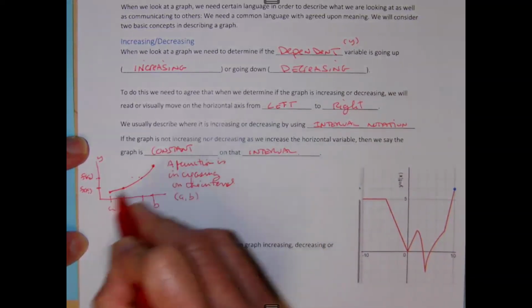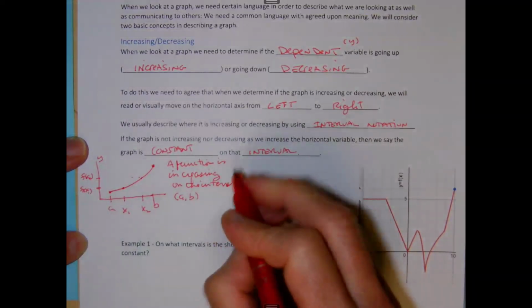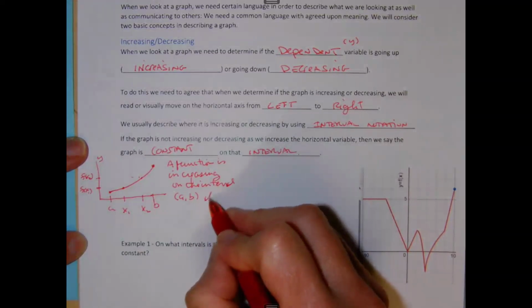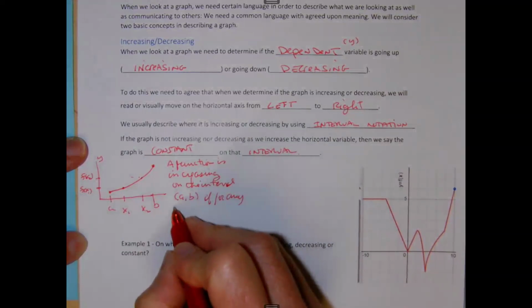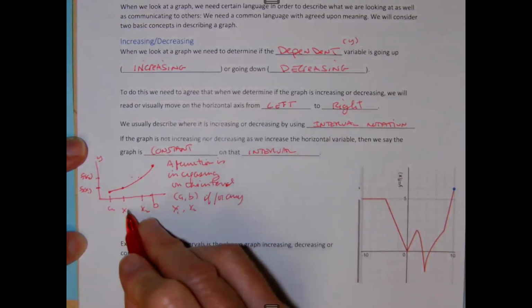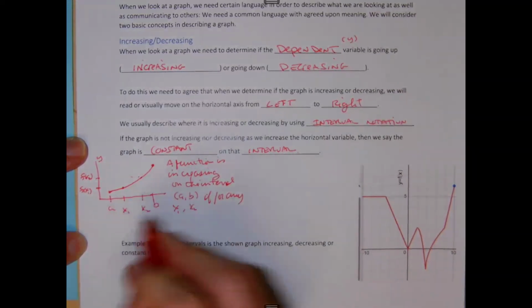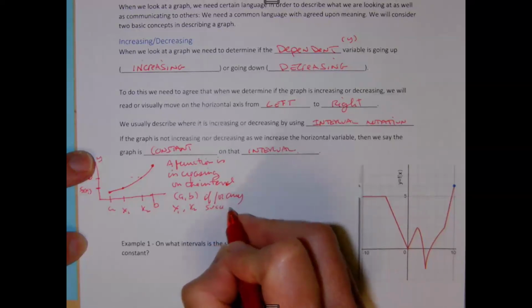So again, notice this is the interval I'm talking about, a to b. If for any x1, x2, again, I just put these arbitrarily inside this interval, such that